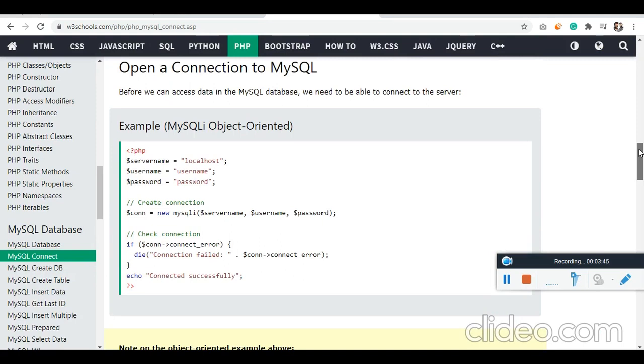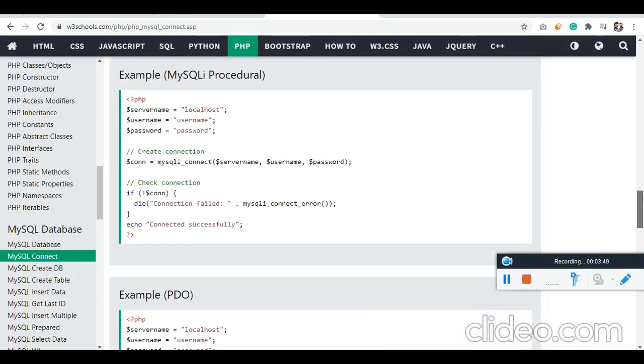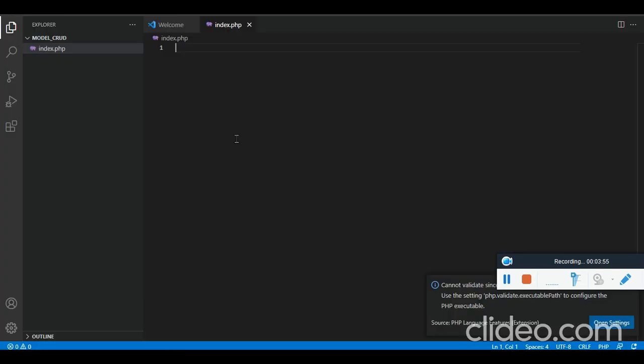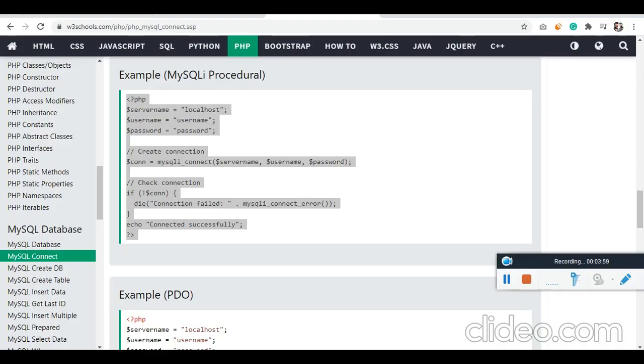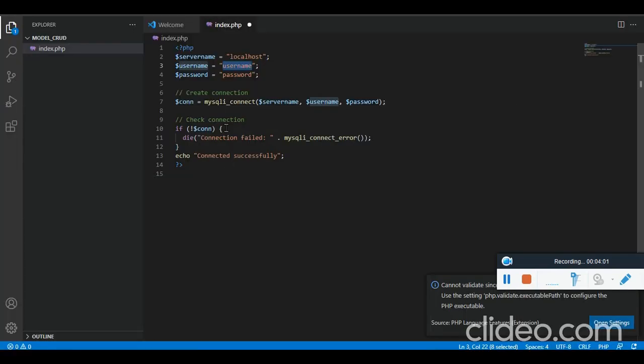That's very straightforward. Let's use the procedural one. Select all, and the database name we need to write. Before that, the username is going to be root and the password is blank for now.